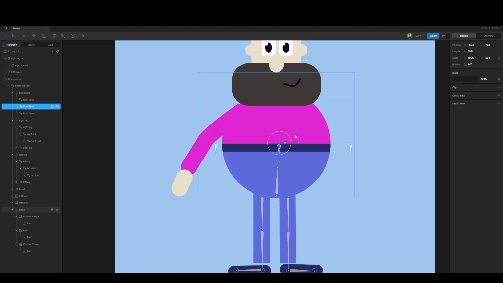And then for the last bit, the arms are very straightforward. You just create a bone chain. I'm not even going to show you because I'm sure you can figure that out. It's just create a bone chain here, and then bind the arm to the bone, and then the hand separately to the hand bone. And that, in a nutshell, is how to use bones. And then in my next video, I'll show you how to animate this. And you can get some quite nice effects if you